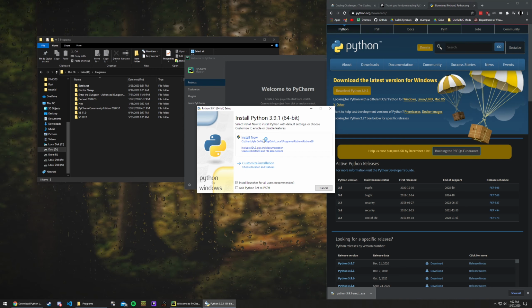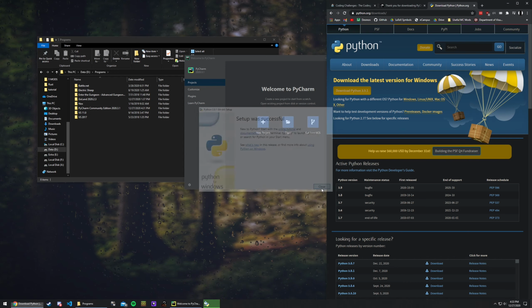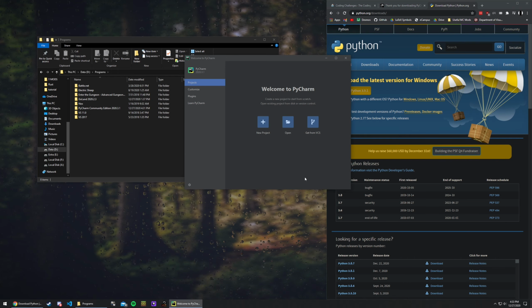And in order to install Python, it's very easy. All we need to do is click Install Now and hit Yes here. And just let it go. And just close it. It's all done. Now, back to PyCharm